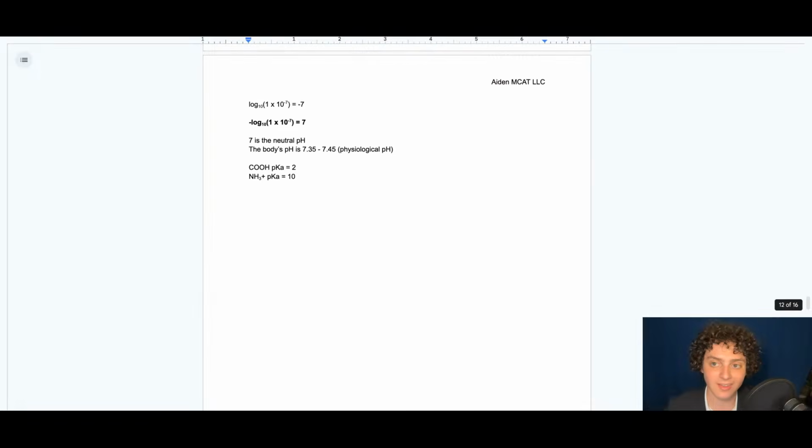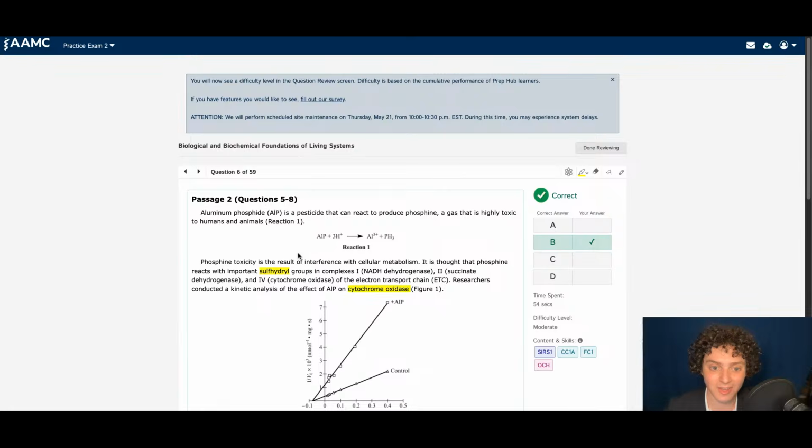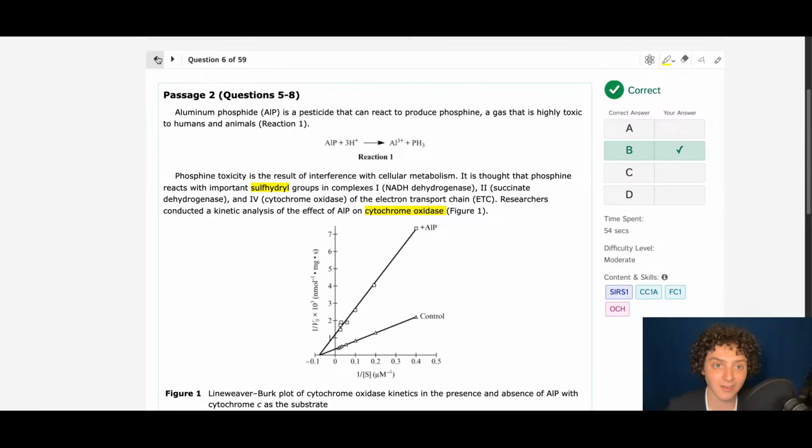The more interesting AAMC question is one that, here's a more complete AAMC example. I'm going to read through the passage quickly, and then I'm going to answer the question with the help of the passage information. So taking a giant leap now from content review to practice problems, which is the general format of any MCAT preparation plan, going from the content, from the theory to the practice, the question answering.